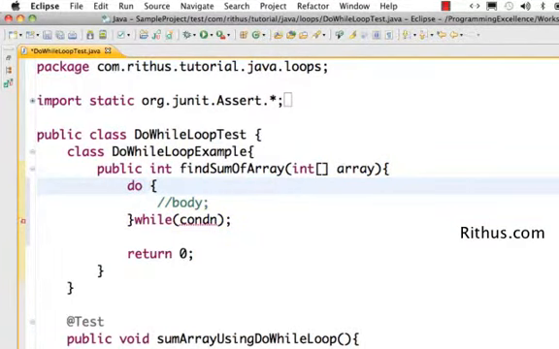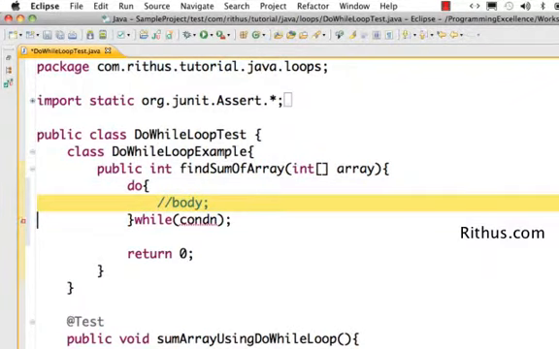The thing about a do while loop is you are assured that the body will be executed at least once, because the condition check is at the end of the loop. That's really different from the other kinds of loops. For example, in the while loop and the for loop the condition check is at the start of the loop.